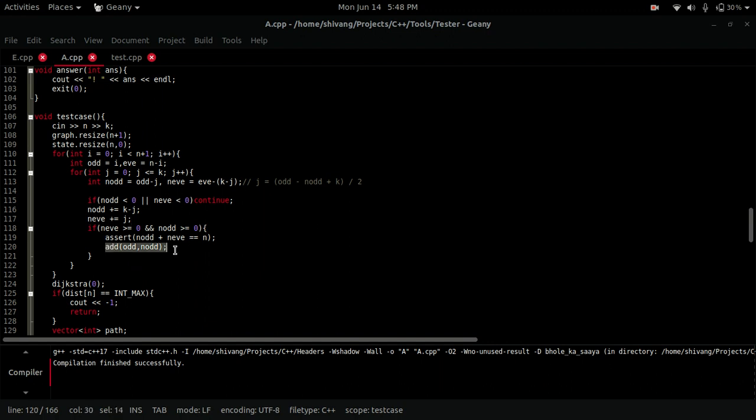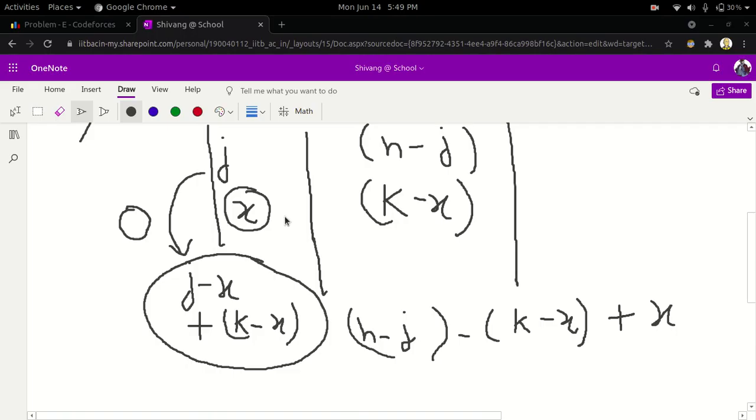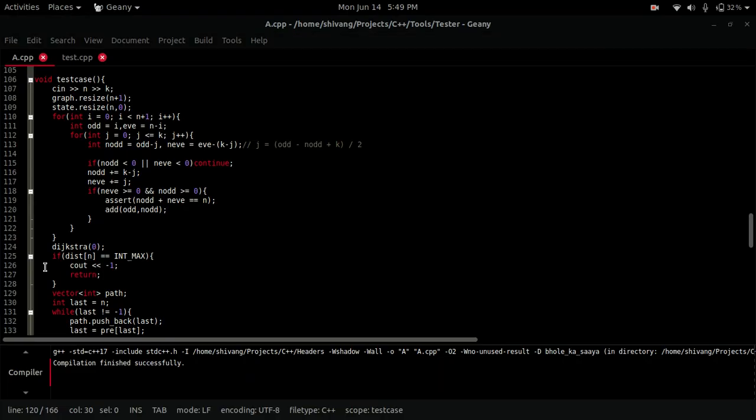I have made this assertion although it's not required. So we add an edge from this odd to this odd. That means we can make this transition. We have checked that this is not negative, although we don't need to check this because this is already non-negative. Adding some positive number is not going to make it negative, but it's just there. So here we have made this graph. This is the most important part. If you understand how to make this graph, then the problem is easy. So you make the transitions by considering some elements from even, some elements from odd. The total of them must be k because that's what the problem states, and so on. So we run Dijkstra at the 0th node and we have to go to n.